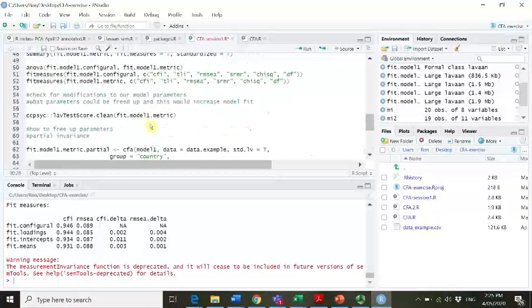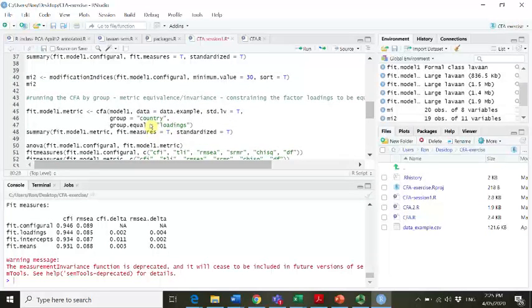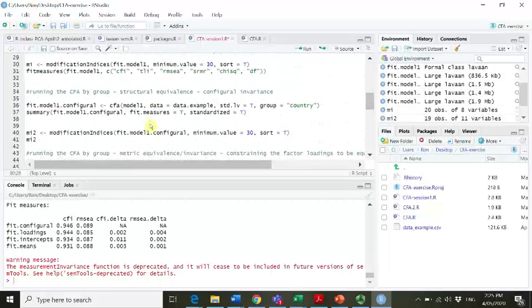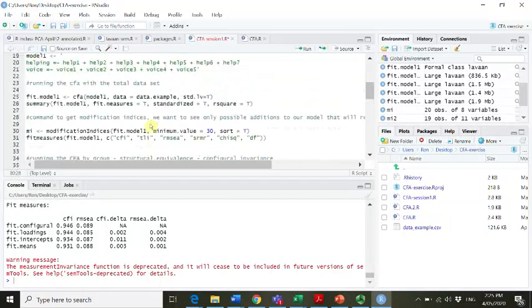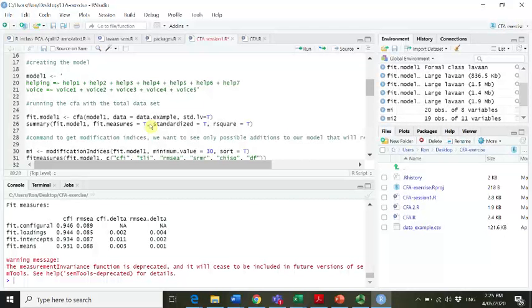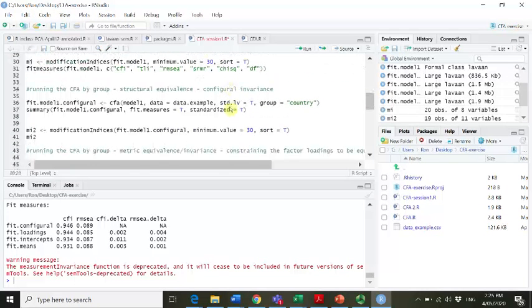Alright, you are nearly fully trained measurement invariance ninjas, right? So if you look at all that code, that is awesome heavy lifting. As you remember, we specified our model, and then we had to run all these different tests separately,